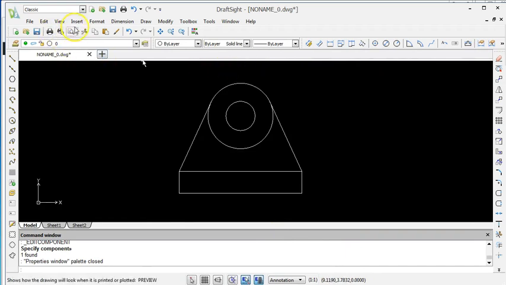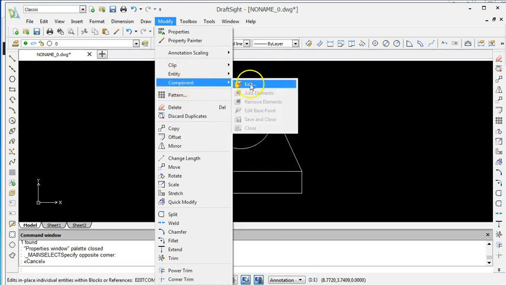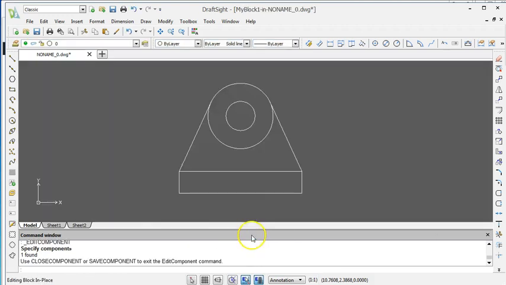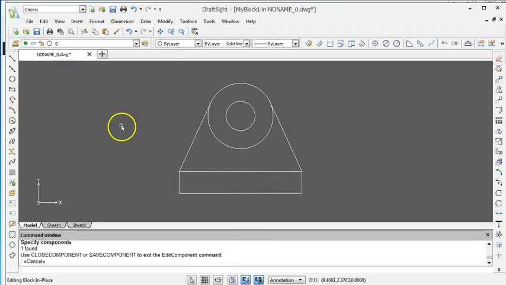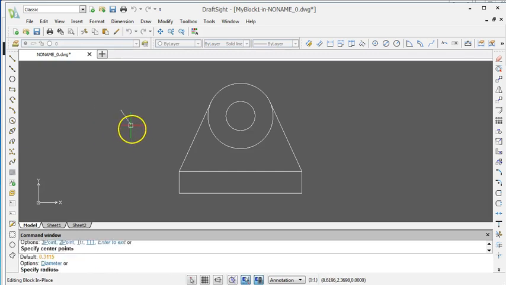Now the next main thing is how we can add or remove entities inside a block. So I will follow the menu bar approach. Go to the modify menu, then component, click on edit. I will select this block, click on OK. Now I'm inside edit block mode. Here you can add entities by drawing inside this area. So let's say I will add another circle,